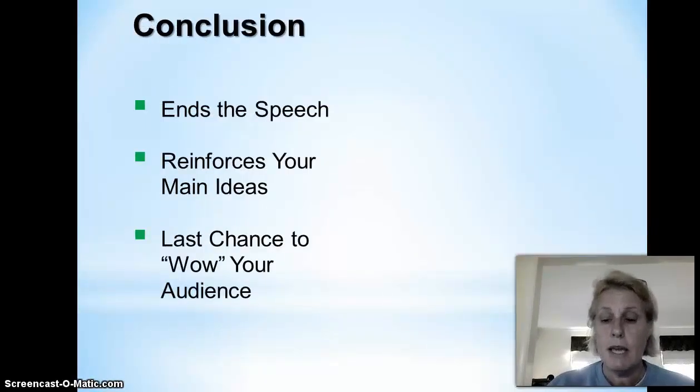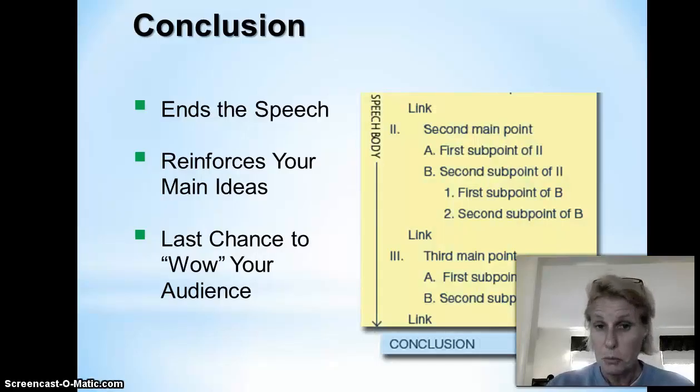Your conclusion ends your speech. This is when you need to have some type of link from your main body that says, okay, in conclusion. You need some kind of verbal signal that tells your audience you are coming to the end, like to sum up, or as you can see. You will be reviewing these main points again, which reinforces your main ideas in your summary,